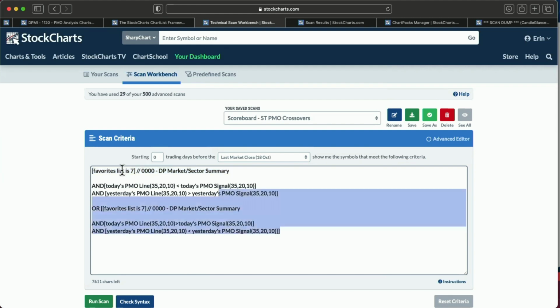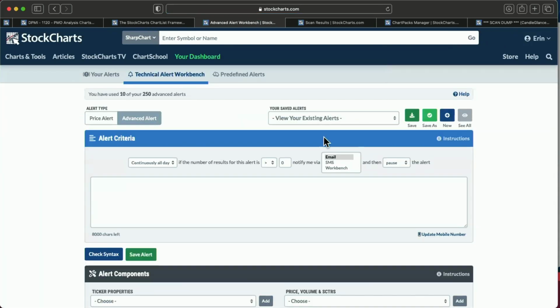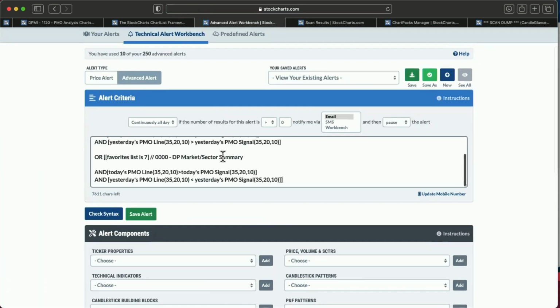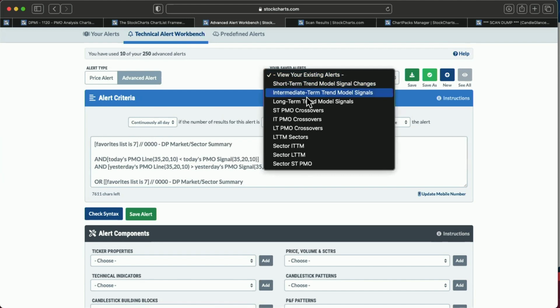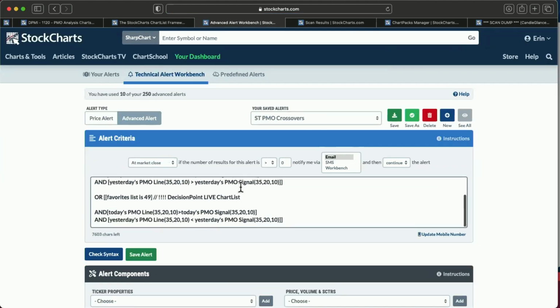Well, what I can do with this scan is I can just copy the entire scan, and I can set up an alert in the same way. So I just go to the technical alerts. I come in here, I can paste all of that in. Now I can have my alert set up with an email that'll notify me, and I can check the syntax, but it should be working just fine because I took it out of my existing scan code that I already have. So that works out pretty well. So you can see that I have done that. I have set it up to give me short-term PMO crossovers on this particular chart list,